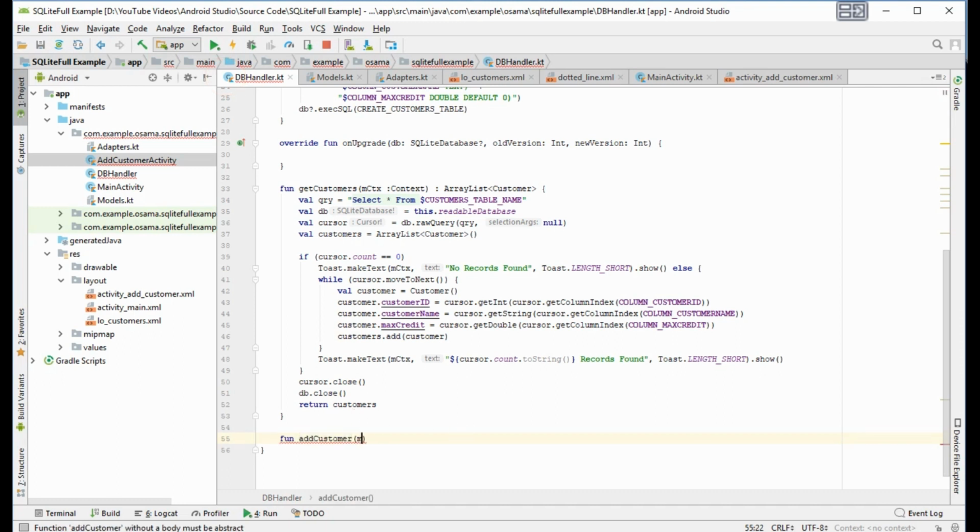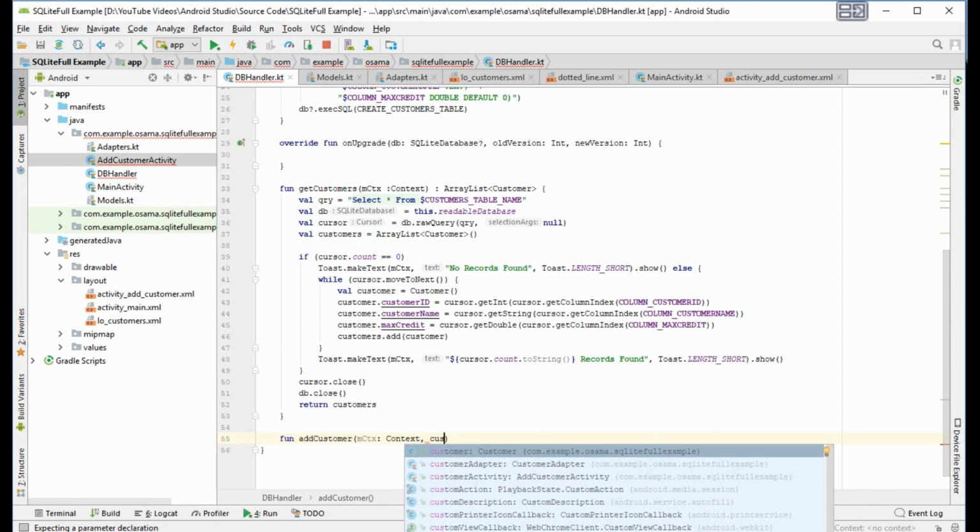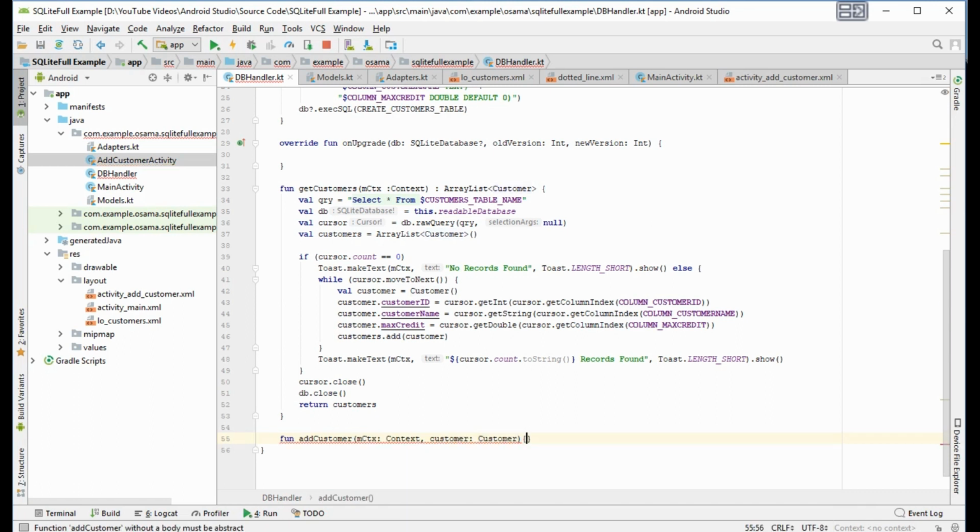We will send the mCtx context and the customer, its type is Customers.